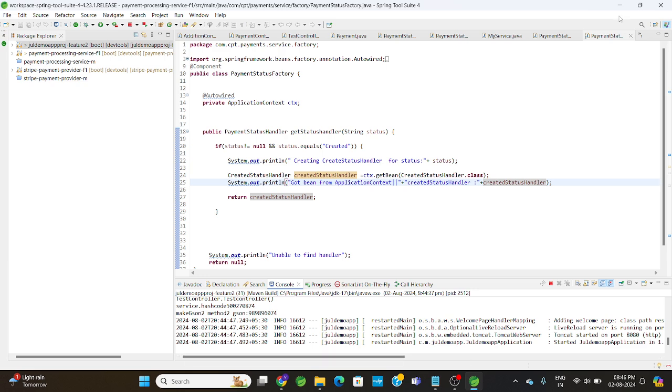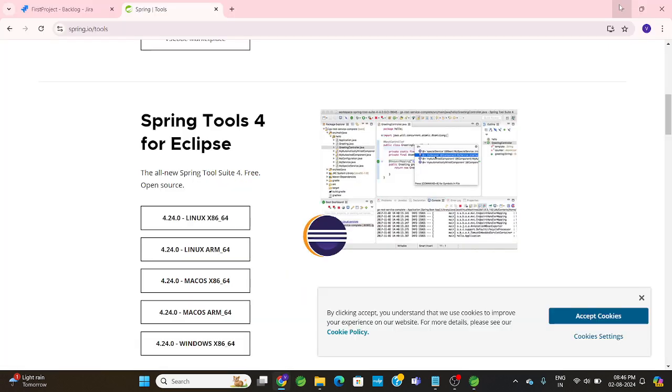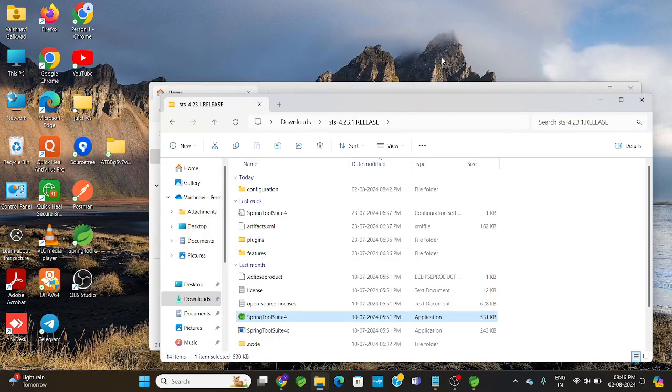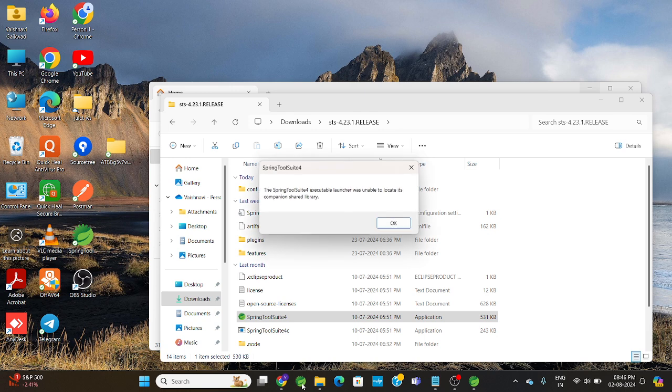After that you have to do one thing: extract the zip file, extract the project first, then create a folder, get into that folder, and after that you have to